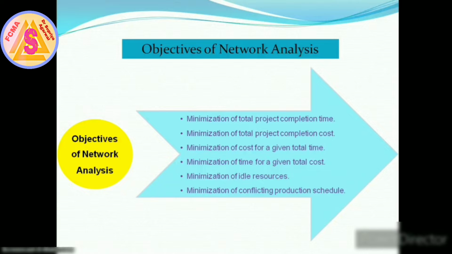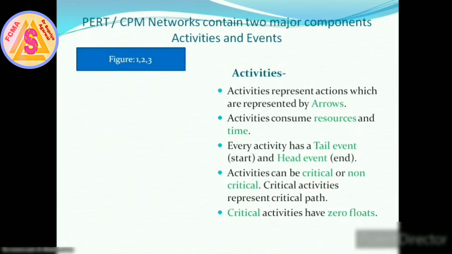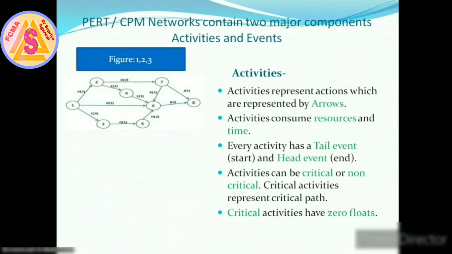Now we will discuss the major components of network analysis. The first component is the various activities of the network. Now the question arises, what is an activity? All activities are represented by arrows. As you see in figure 1, you can see some arrows. The arrows in the network diagram are known as the various activities of the network. In the network diagram, we use alphabets like A, B, C, D. Each alphabet represents an activity. These arrows represent an activity in the project, indicating the direction of progress in the project.